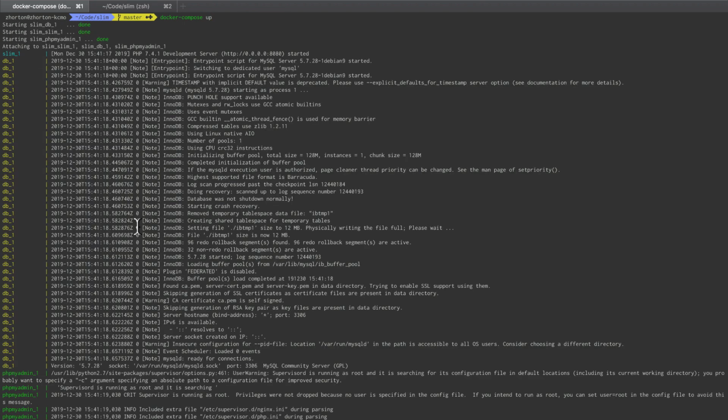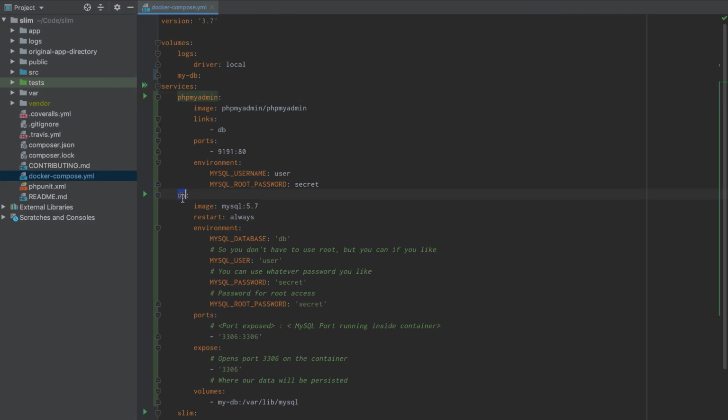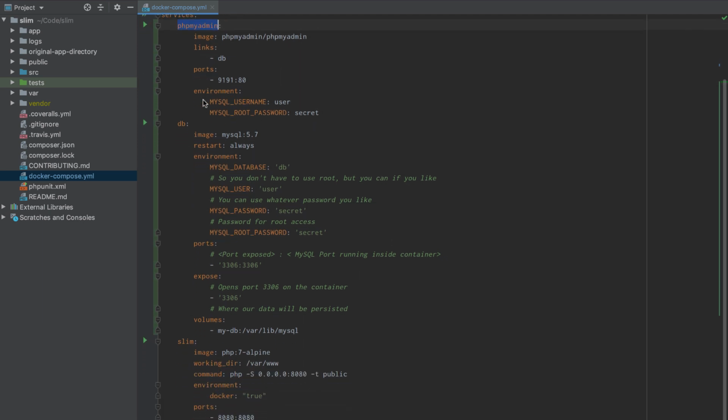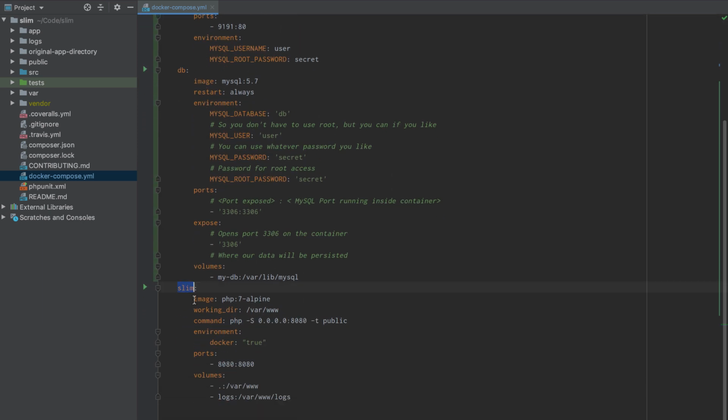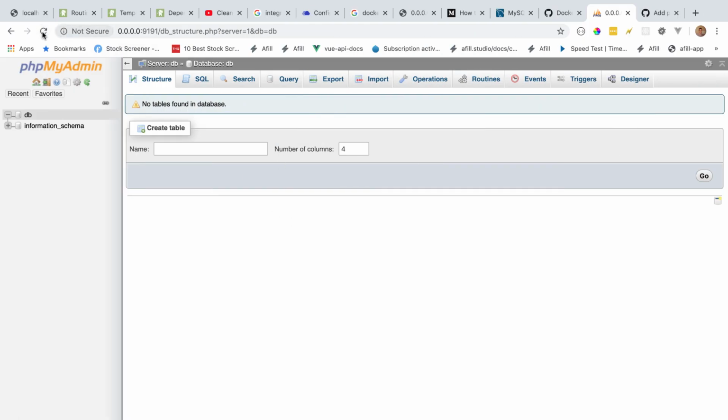Once we're done doing that, we can go back to the root of our Slim repo and do docker compose up. Now this will do three things. It will boot up the actual database, MySQL. It will boot up phpMyAdmin so we can interact with that database through an interface, and it will boot up Slim at 0.0.0.0 port 8080. So if we go back here, and once that is booted up, we should be able to,